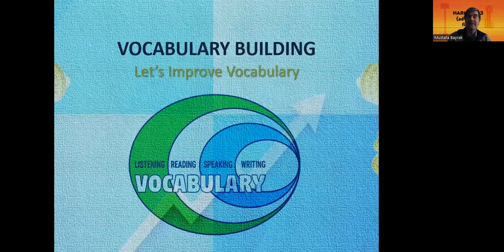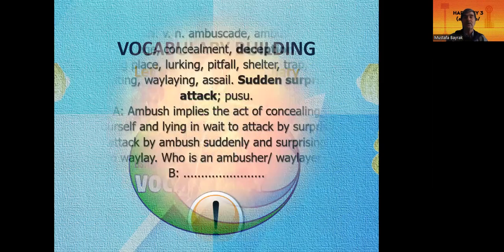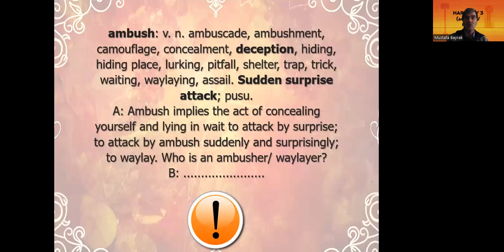Okay. It's time to study vocabulary, or it's time that we studied vocabulary now. The first word is ambush. It is both a verb and a noun. Ambush, ambuscade is also possible. Ambushment,